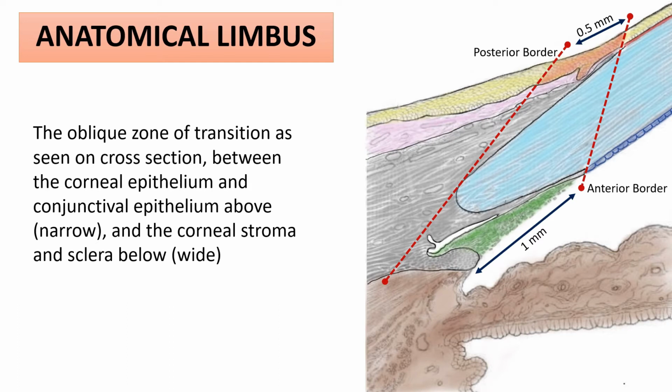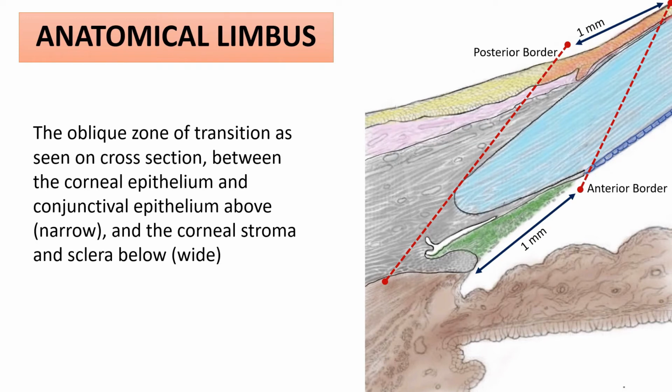Now we can see the lowermost part of the anatomical limbus, which is constituted by the angle structures, is about 1 millimeter when the angle is wide open and all the structures are visible, and the upper extent, which constitutes the epithelial part, is about 0.5 millimeters. However, in the superior and inferior limbus, the limbal epithelium actually extends more into the cornea with the earlier termination of the Bowman's layer. So, in the superior and inferior limbus, the upper extent of the limbal epithelium also measures about 1 millimeter as compared to the 0.5 millimeters of the horizontal limbus. So this is something that has to be remembered.